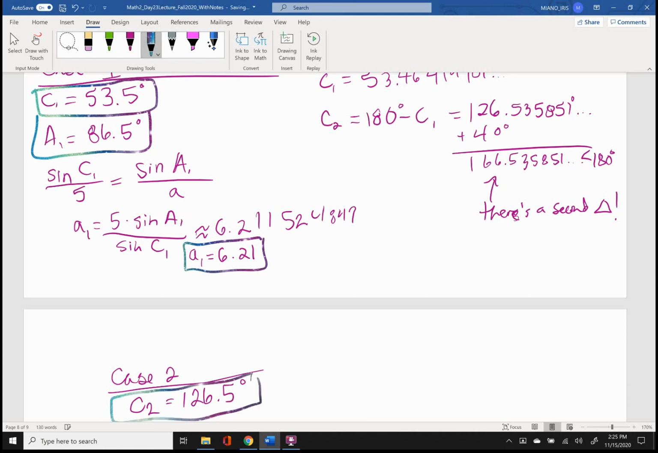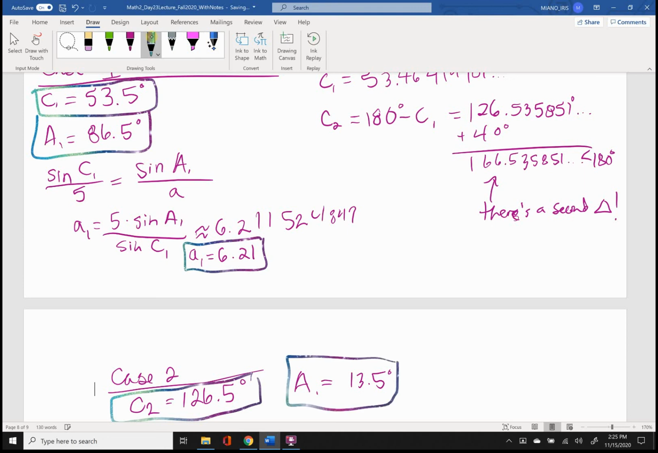So the A value for that case, capital A sub 1, will be 126.53. We'll add the 40 degrees to it. So we'll basically be subtracting the 166.53 from 180, and we will get 13.5 when we round that to the nearest degree. Okay. And then you'll do your sine